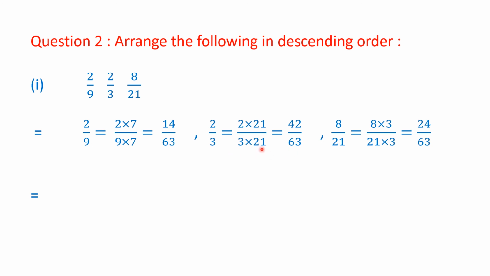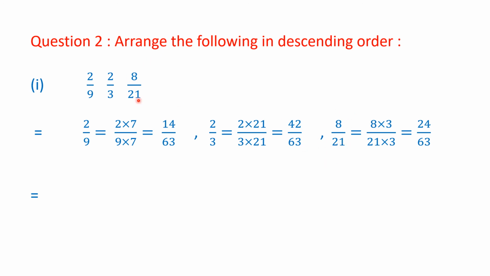Now when you do something to the denominator, you have to do the same thing to the numerator also. So you multiply the numerator also by 21. So 2 into 21, 42. 3 into 21, 63. So 42 by 63. Now